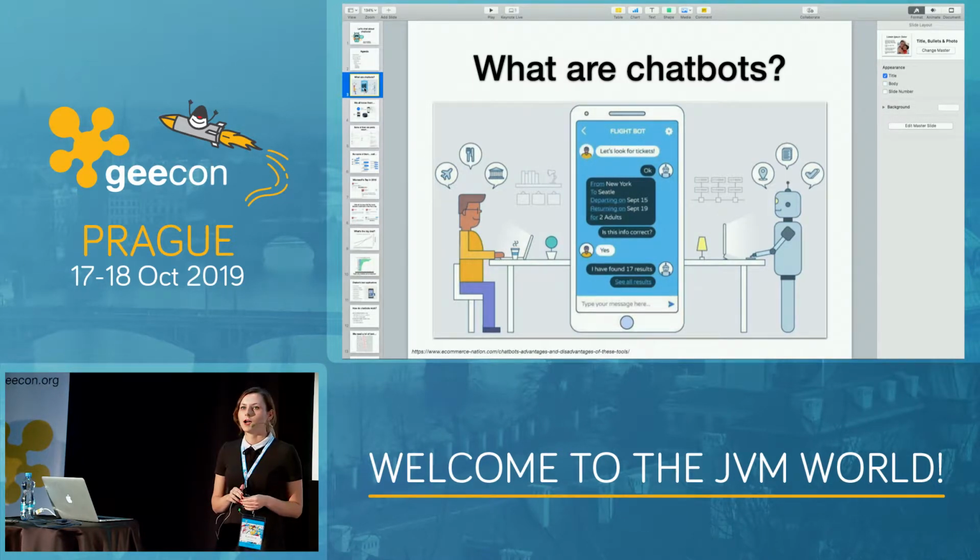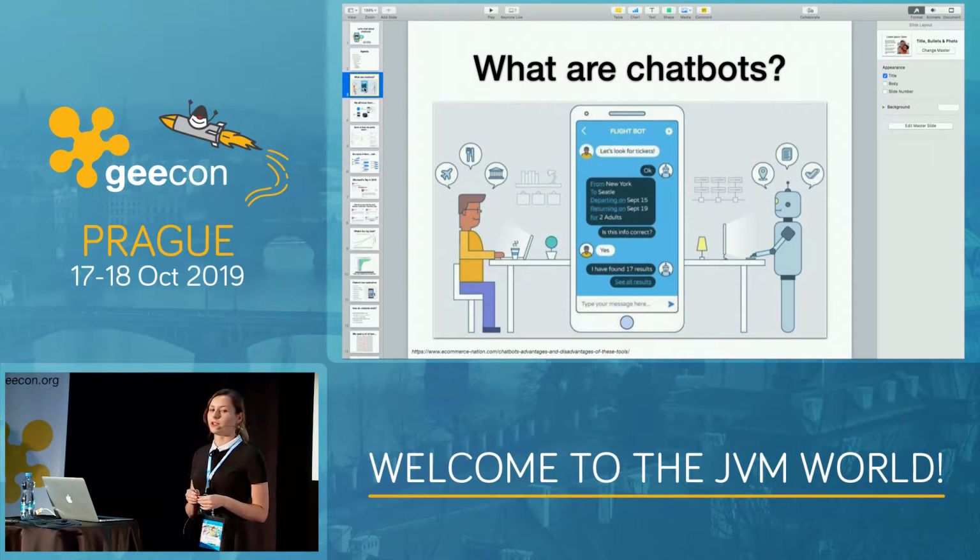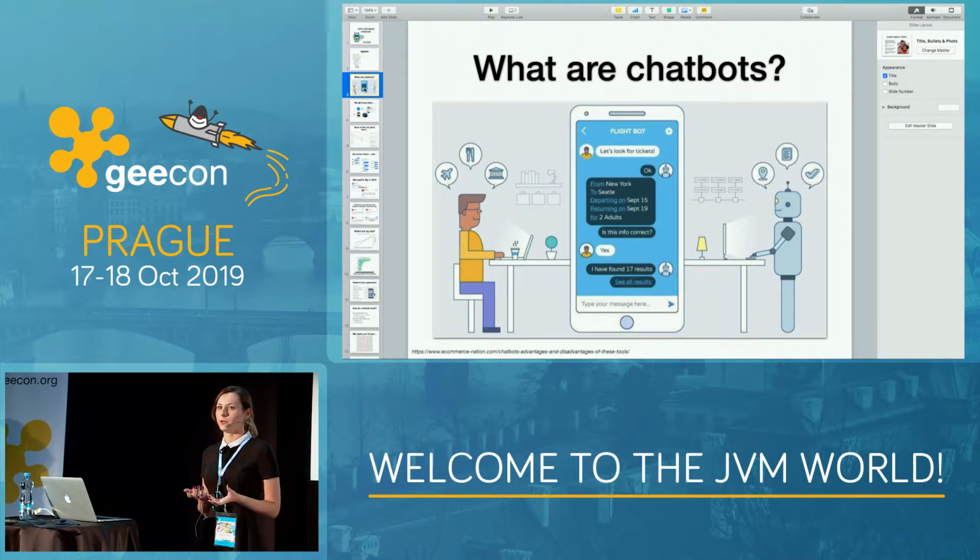So, I suppose that most of you have a smartphone. So the answer to the question of whether you ever talked to a chatbot is pretty simple. Yes, you have talked to a chatbot probably more than once. What is a chatbot? A chatbot is basically a computer program that is able to talk to a human being, to a human person, in our natural language.